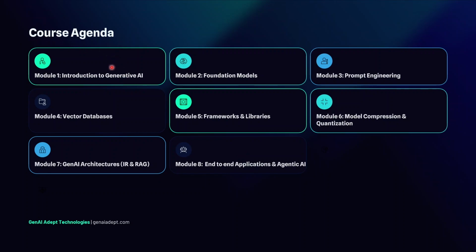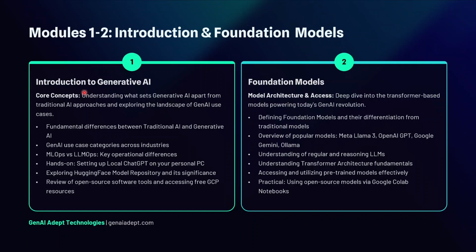At a high level, this generative AI course contains 8 modules. Let me go through each and every module. In module one, we'll see what is the introduction to generative AI. As part of this module, we'll see what is the difference between traditional AI and generative AI, what is AI, what is ML, what is deep learning,